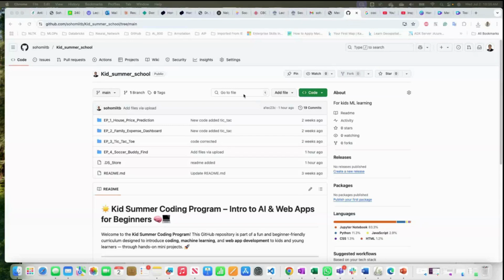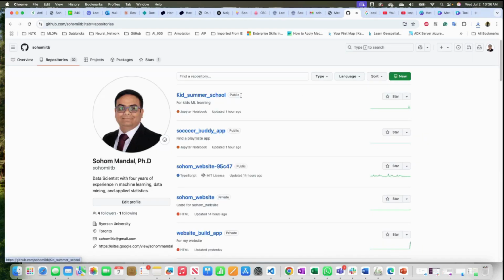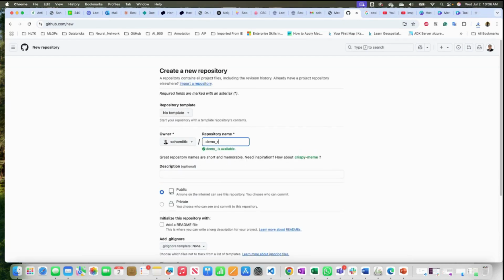So in this video, I would like to show you how to add an automatic README file in GitHub. So I go to the repository. There are multiple repositories there. I'll create a new repository. It's called demo